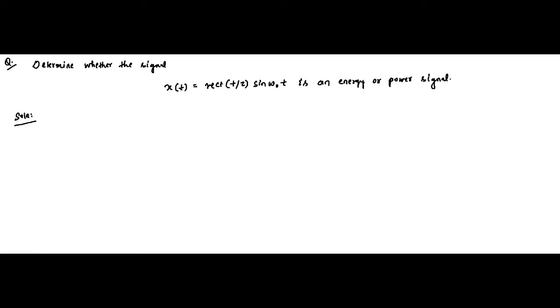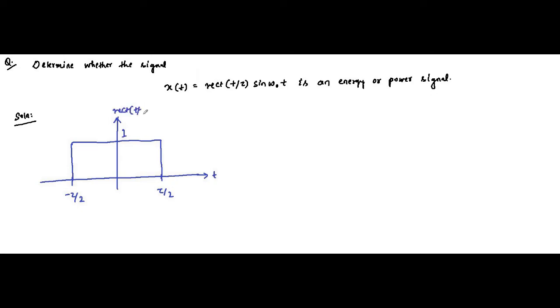So first we have the rectangular pulse function, which is represented as this, from minus tau by 2 to plus tau by 2. It is in the form of a rectangular pulse of value 1. This is rect(t/tau). We have already discussed the basic signals involved in signals and systems. This is multiplied with